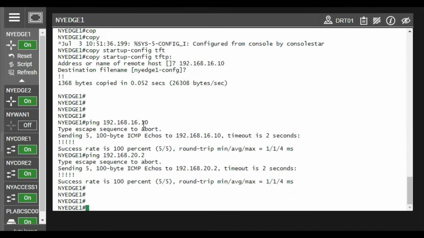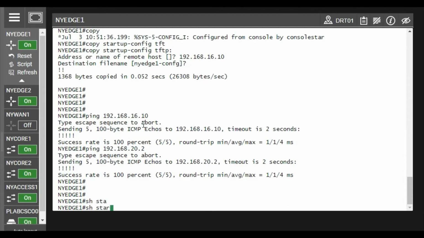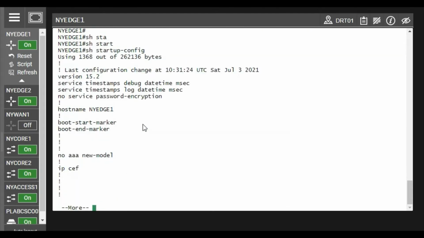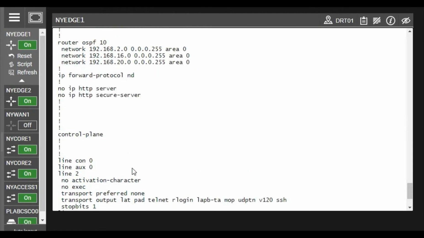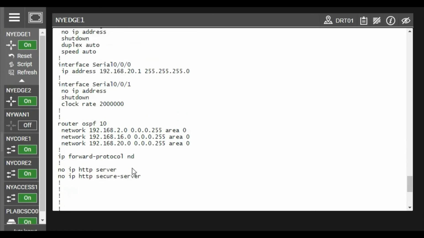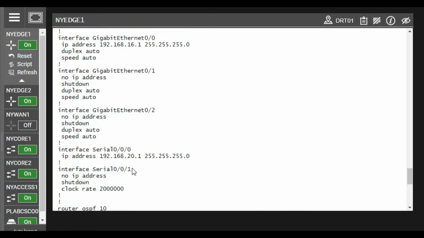So let's go ahead and take the backup of the configuration. I have the show startup config of this router's startup. I have this configuration, and I need to keep a backup of it in my PC.